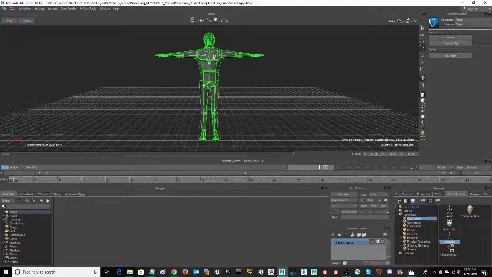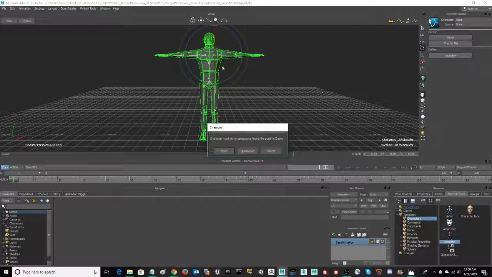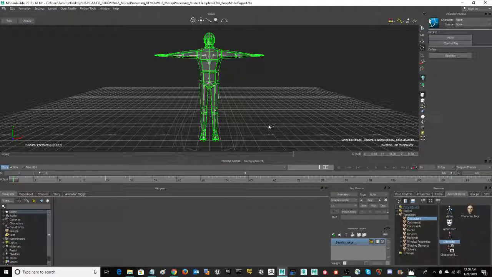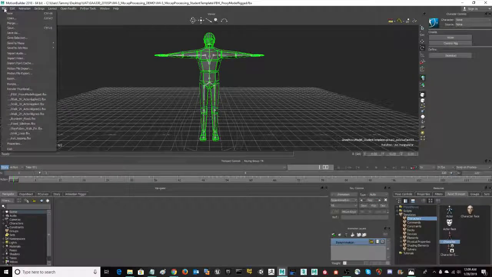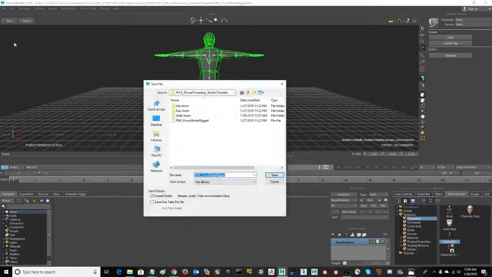It'll highlight in green. Once you're sure that you have highlighted a bone, go ahead and release, and it'll give you a little flyout window that says characterize. Go ahead and click on that, and we're using the biped. Go ahead and click on that, and it will do the characterization for you. Now that your rig is characterized, we're going to go ahead and save this iteration of it. Save as your animation proxy model, Characterized,